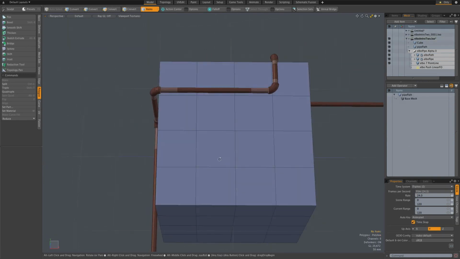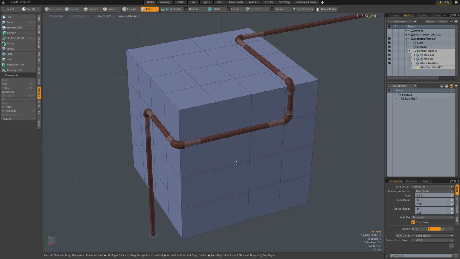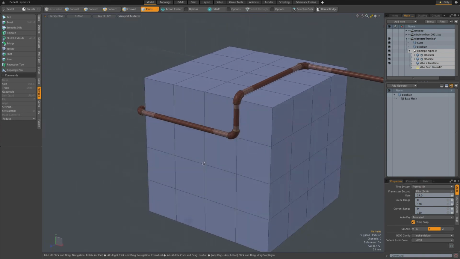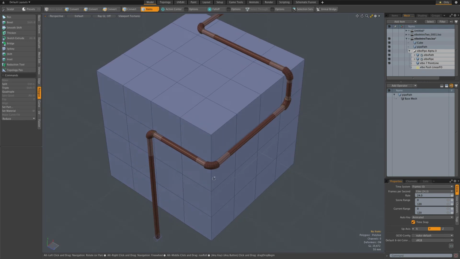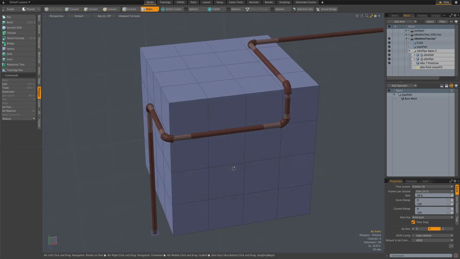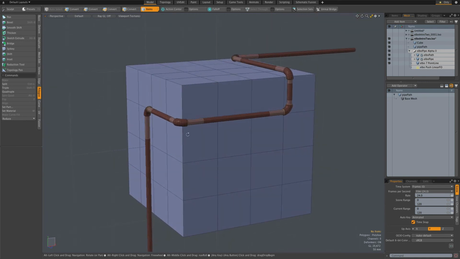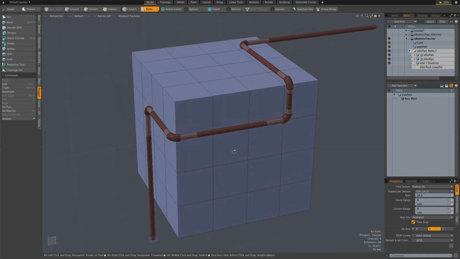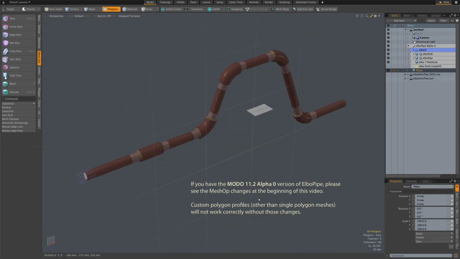As seen in the first intro video, you, of course, are now free to edit that polyline any way you like using any of Modo's tools. And remember that any place you add a vertex along that polyline, you will get the elbow geometry. And swapping profiles is also straightforward, but we have a few more options. So here I've brought in a little simple 4-quad plane that I'm going to use as a profile. It's called plane here in the item list. And this time we're going to go to ElboPipe,